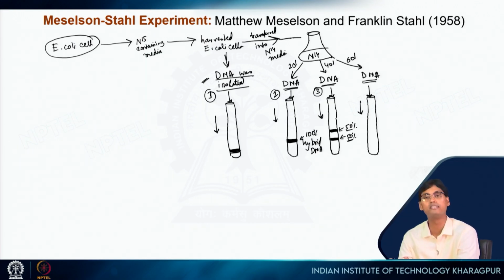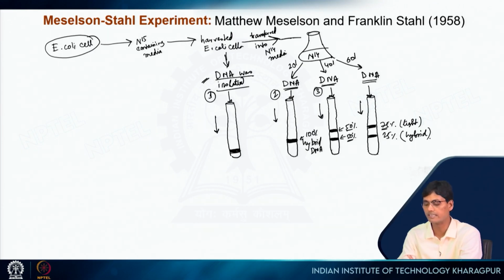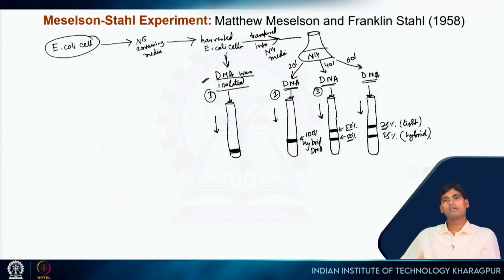Based on their density, they could conclude that this is 50% light DNA and 50% hybrid DNA. And now, in the next tube, they found that here you have only 25% and here 75%. So 25% hybrid and 75% light. So this is light DNA, that means DNA containing N14, and this is hybrid DNA. So after getting this result, it completely ruled out, or I would say it completely convinced them that DNA replication is